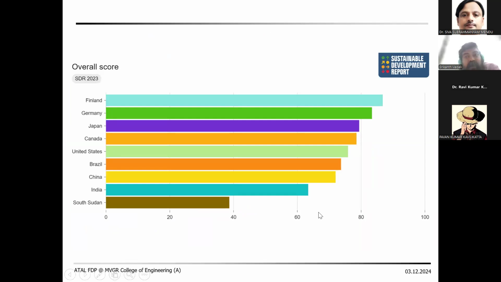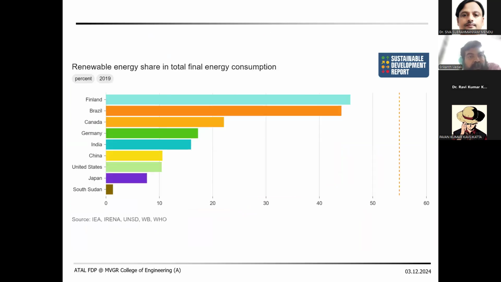Now when it comes to renewable energy, I'll be coming back to these definitions, but I'm using the terminology. You should notice that at one place I'm using clean energy, at another place I'm using renewable energy. Okay, so if you see the use of renewable energy in total energy consumption, India is